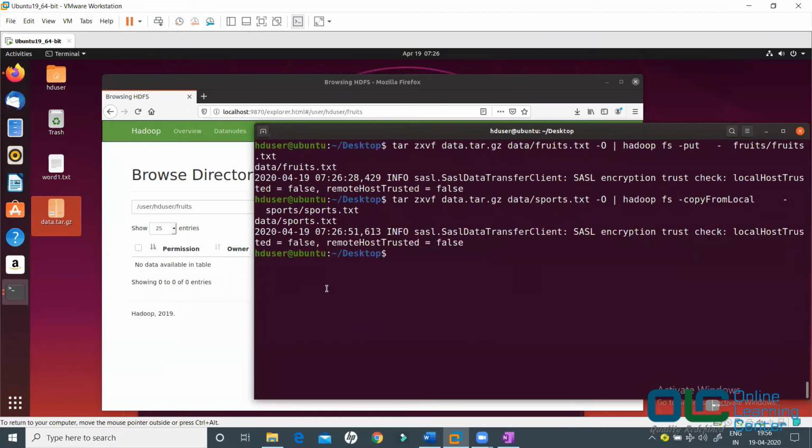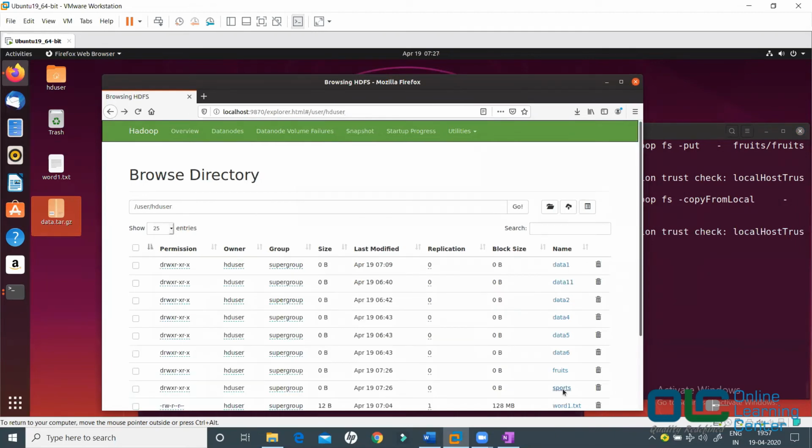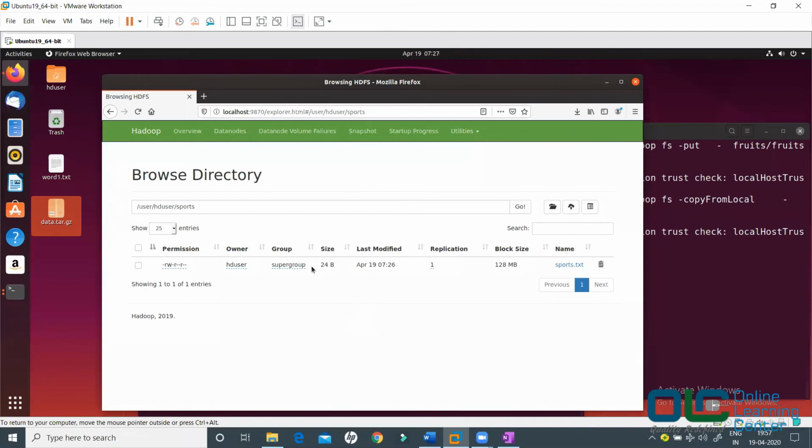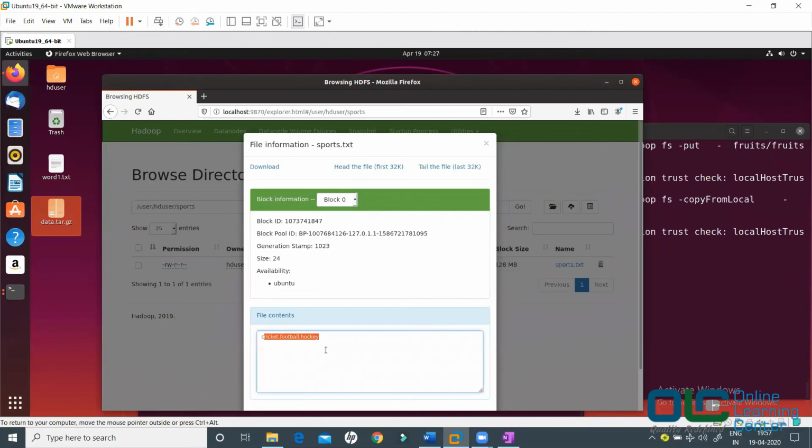Okay, done. So what I'm expecting now is that in my fruits folder, I should get fruits.txt. Now look into the size. It says there is something here. I'll go back. This is fruits. I'll go back to sports. Click on this, and it says it has something here. Let me click on it. I really don't want to download everything, but I'll say, can you show me the first few lines? So it says you have some data like this here.